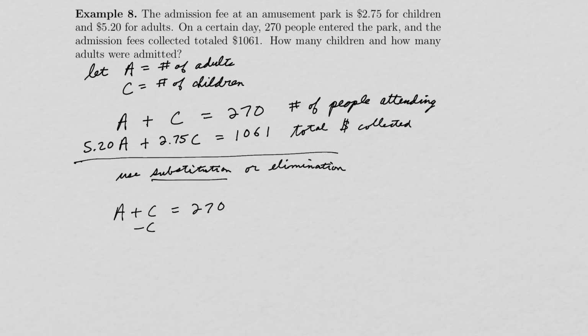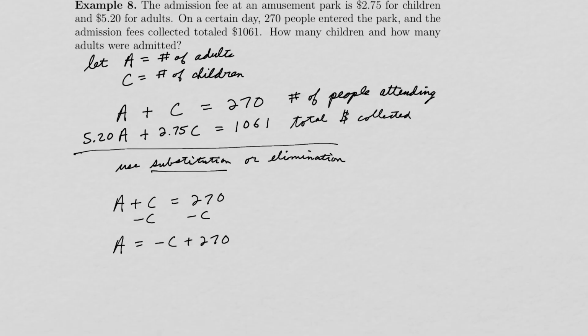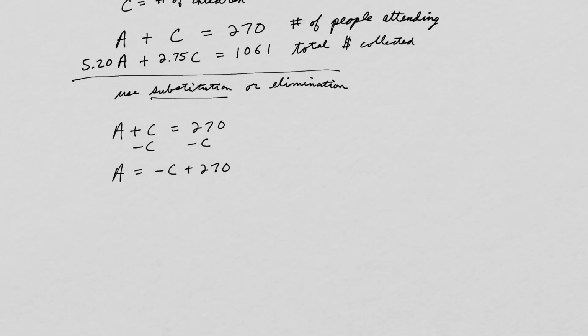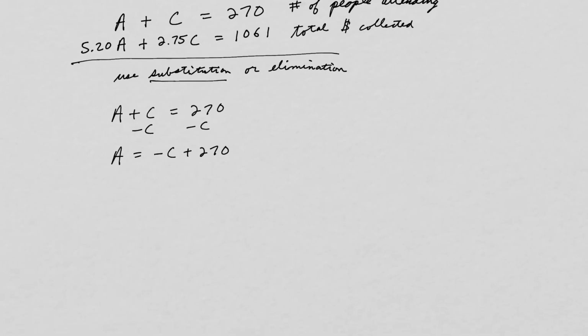So basically, I'm going to subtract C from both sides, right? So I have A equals 270 minus C, or I can write it as negative C plus 270. Okay, once I have that, what do I do with it? Well, I go to the second equation, and where I have an a, I'm going to plug in that expression,